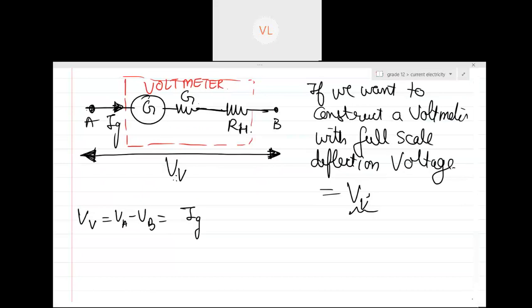Yes, making a voltmeter, and we have to keep the resistance high. When we had to make an ammeter, we had to keep the resistance low. Yeah, but then if it's a voltmeter, resistance should be high and it should be in parallel, right? Yes, so it will be connected in parallel.